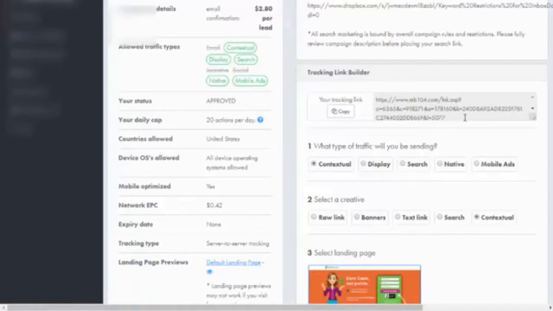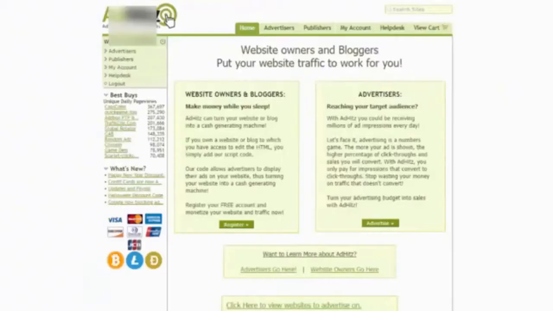So first you can visit adhits.com. I know you know about this website, but I will show you a secret way how to use this banner advertising. This is very important, and what website you can promote on this. You have to choose the right publisher to advertise your banner. So this is very important.